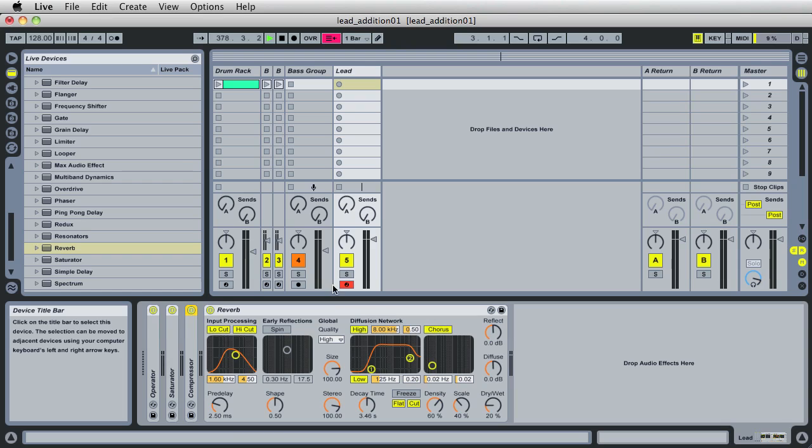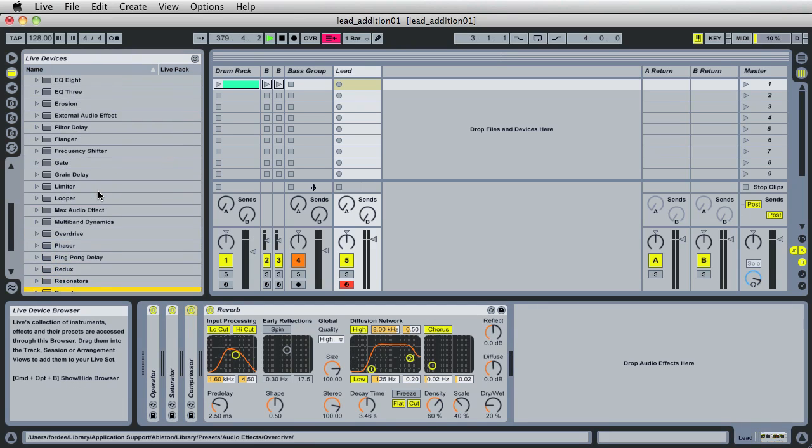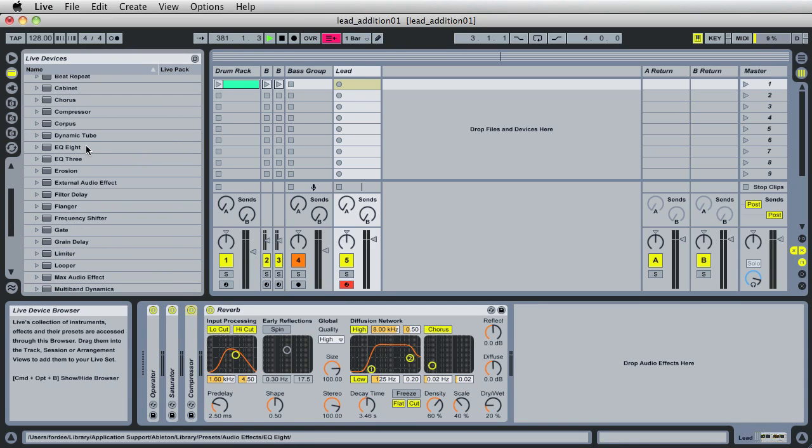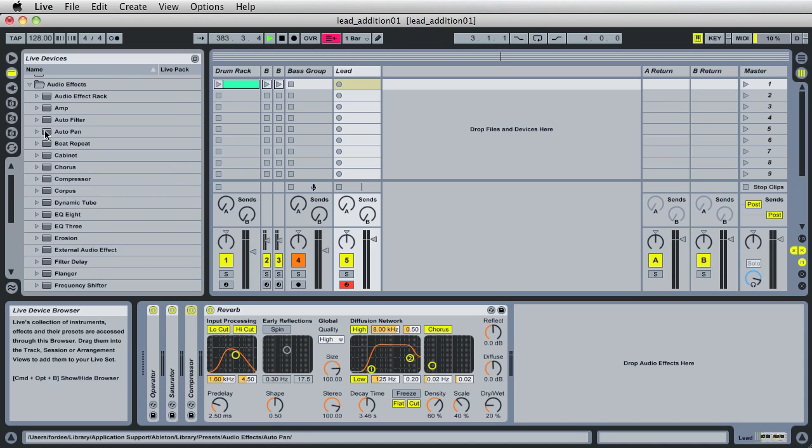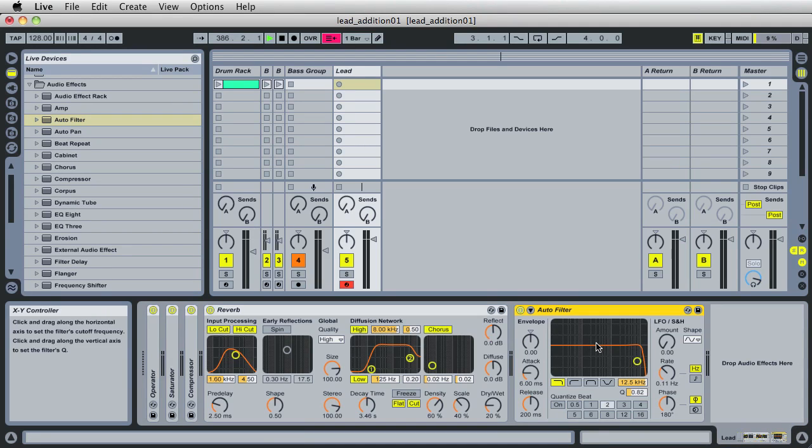We want to go ahead and add an auto filter now, because really I'd like to take off some of that top end of this, but still keeping the harmonics. Let's see, auto filter. I'm going to drag auto filter after the reverb. I want to set the frequency. This is going to be a low pass filter, which it is by default. You can change the type of filter here: high pass, band pass, and notch. We're going to change the frequency to 650 hertz, the Q to 0.8,